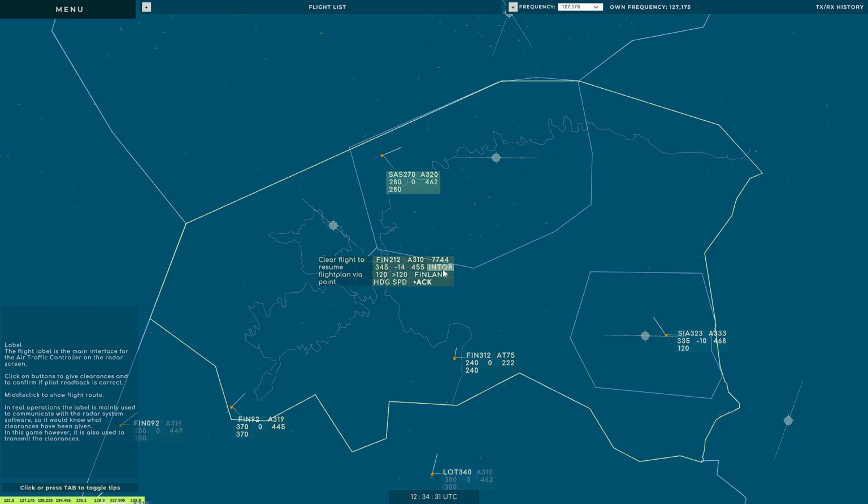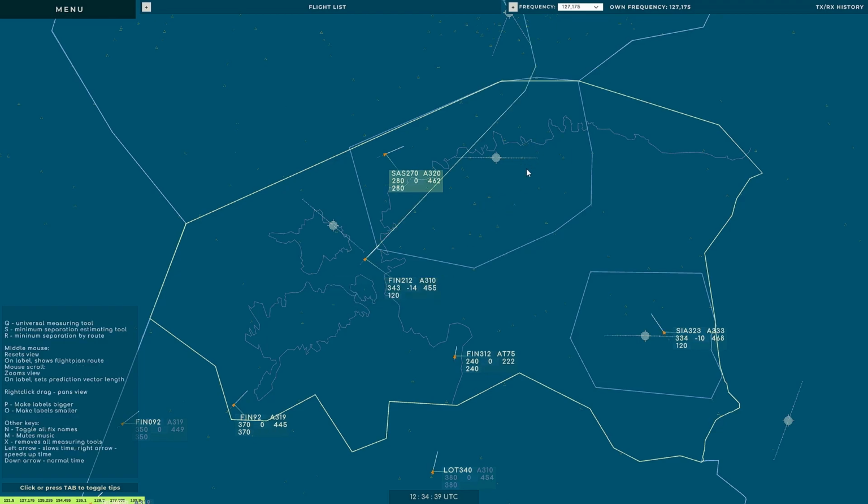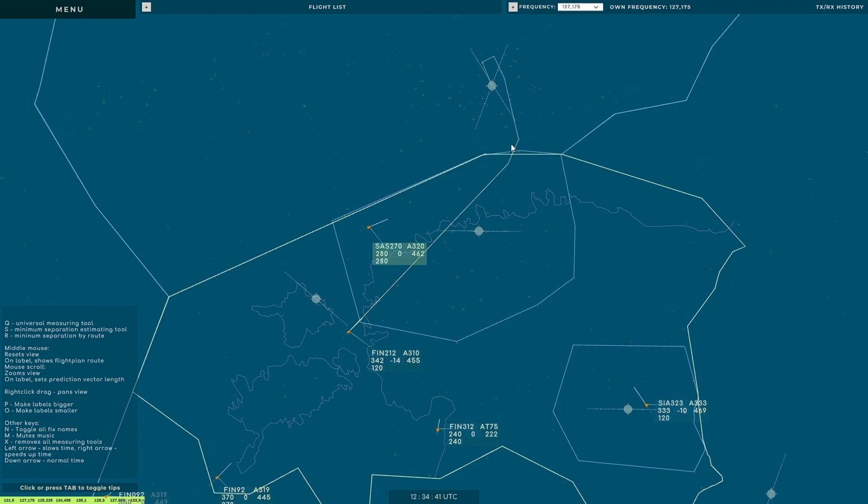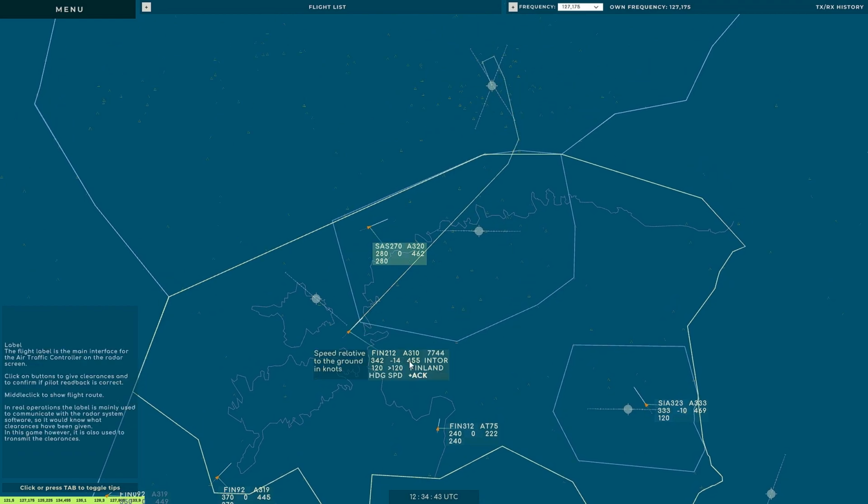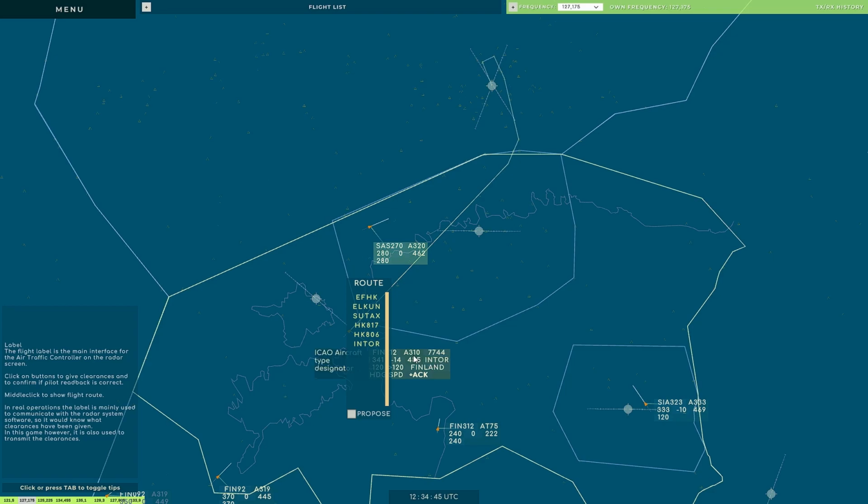Next to the ground speed, you can see the direct clearance button, where you can give them a direct. So if we check their route with the middle click, you can see that it will make a bit of a bend, a bit of a turn. So to give it direct,